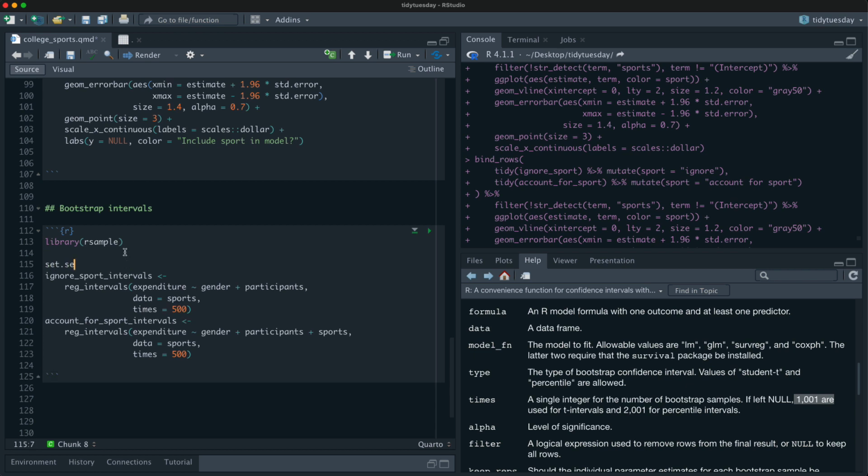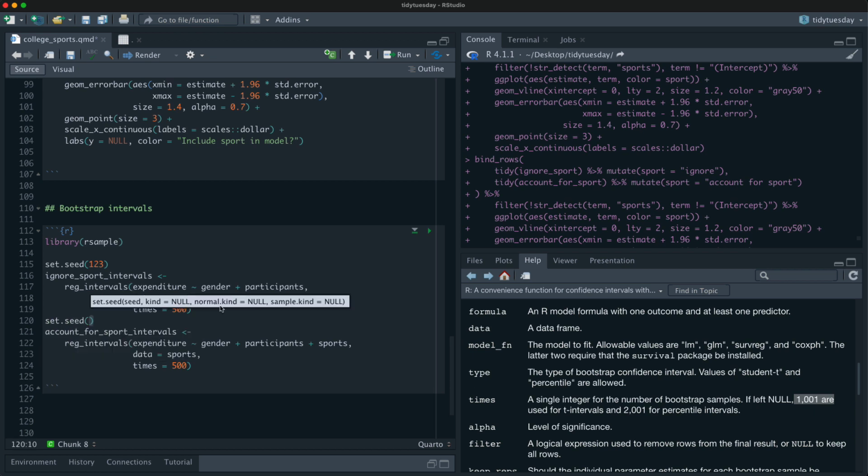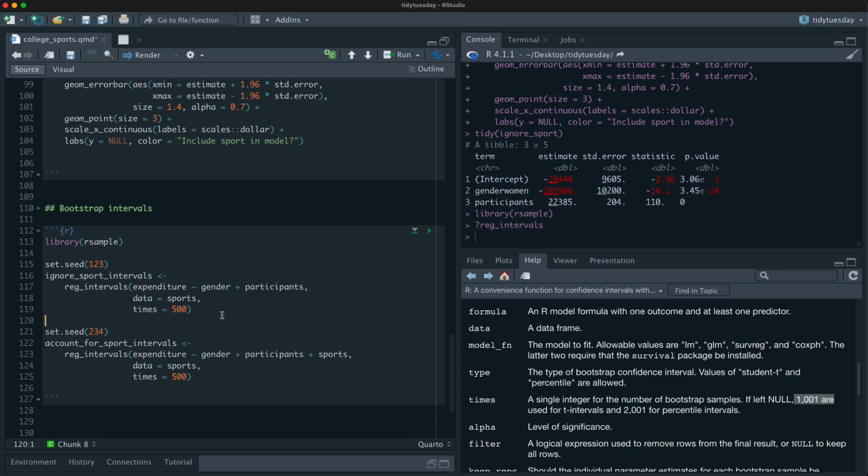Oh, also these use resampling. So I am going to set a seed, and I'm going to set it twice just in case I come back here and run one of these versus another. And then let's start it. But remember when I fit two of these models, it basically finished before I stopped talking.